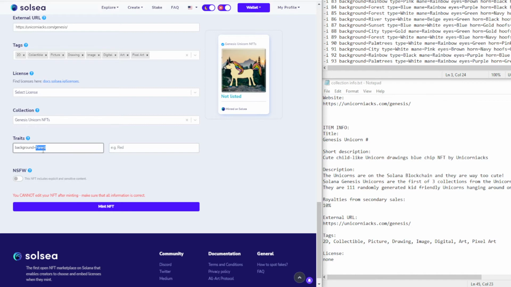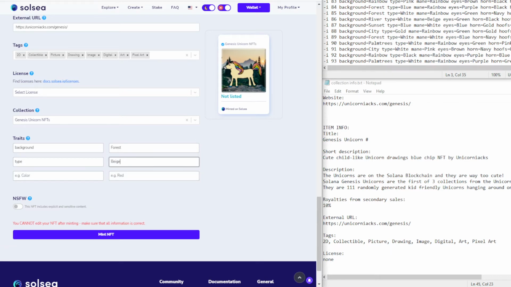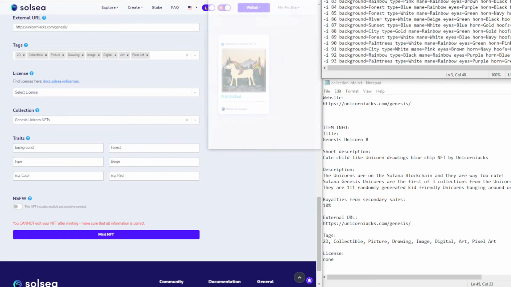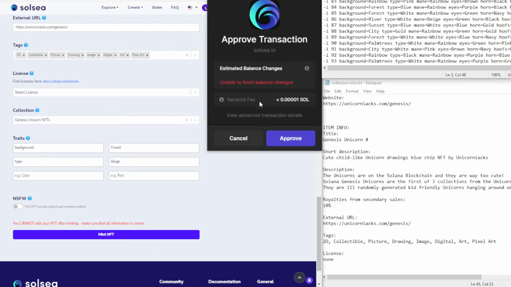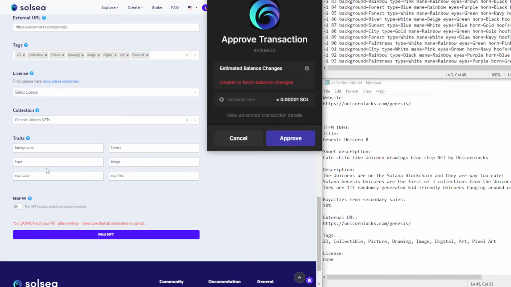Whoops. So I'm just doing this one the same way. I'm going to put in all the traits in, and I'm just going to keep going, trait number 2, and trait number 3, and as you can see now there's an approval. I'm just going to approve this, and I keep going. Oops, approve this again,